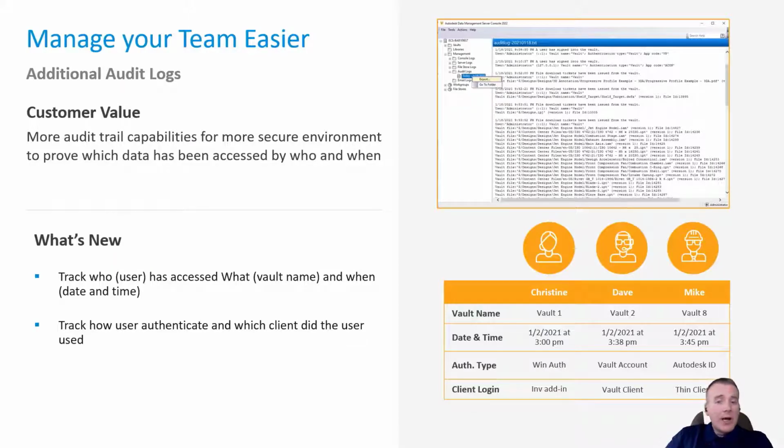Now we've got new auditing capabilities. This is something that I think was somewhat lacking in prior releases. I get this question from time to time. We want to know who accessed files. And the auditing this year, the improvements I think are great. There's an audit log now on the server. You can control what gets audited or what gets included in that log. But because we have the different login types now, and with the addition of especially Vault Mobile, which we'll get into here in a minute,